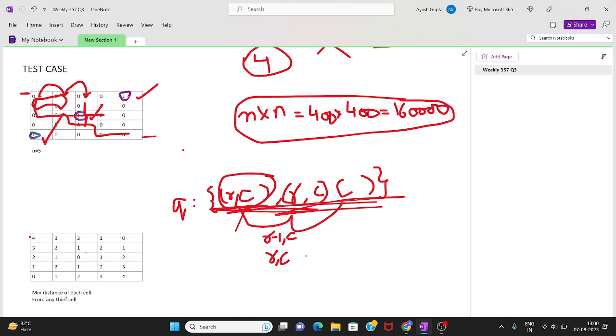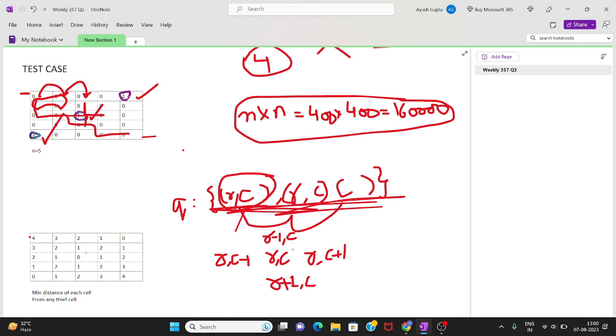We will move to the right. It's just the immediate right cell, which has position R comma C plus 1. We can also move down, which is R plus 1, an increment in row, whereas the column remains the same. To go left, we have the same row, but the column is decremented by 1.